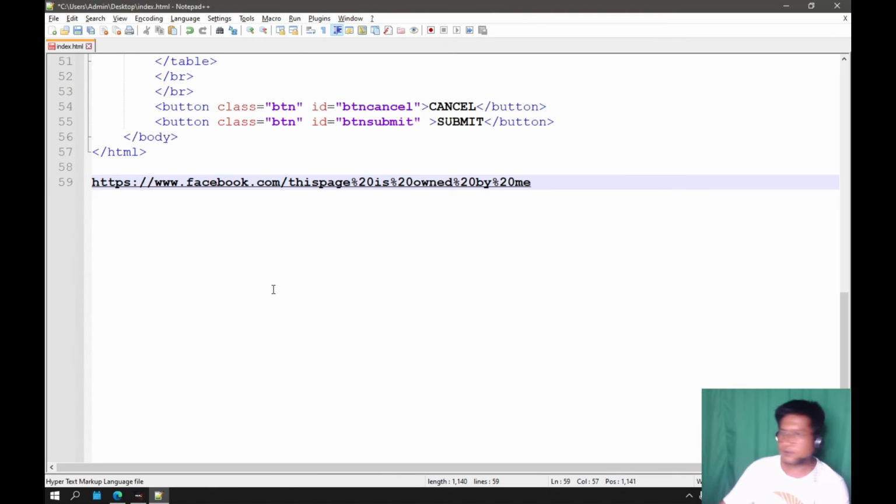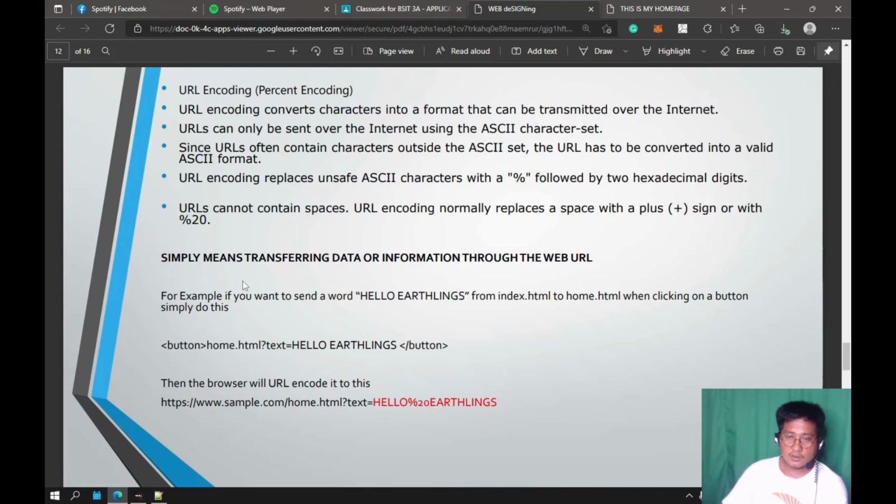And you have seen this somewhere on the web or on the net. You have opened a link and it is displayed like this. There are percent 20, percent 3, and any other percent and then numbers that represent a single character that is not available in the ASCII character set. So simply means